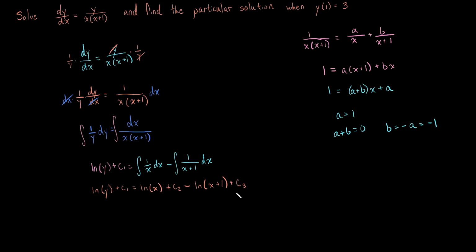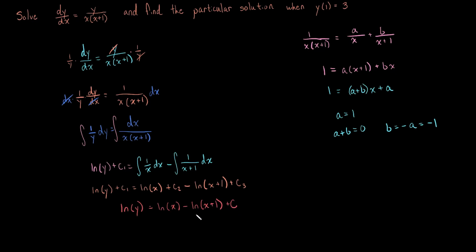Right, now we want to go ahead and combine all of these constants into one big constant, because all we care about is one constant. We don't care about what all these smaller constants are. We only care about one major constant. We have ln of y is equal to ln of x minus ln of x plus 1